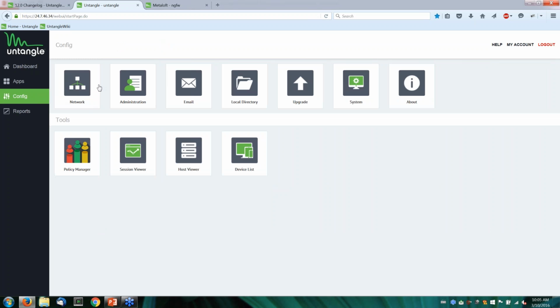So you can go here to config. You have all the same organization that you did before of all the settings, network, administration, and so on. And there's some new links to some of the, quote, tools that are very important to using Untangle for administrators. Think like the session viewer, the host viewer, and the new device list, which I'll get into, is new with